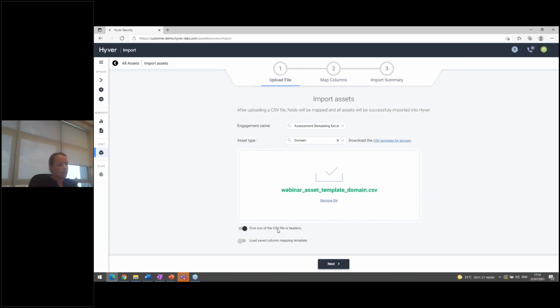Here, I need to say whether the first line refers to the header or the first line is an asset. In one second, I will show you that we can also save the mapping. If you're about to import assets from a single source over and over again, we don't want you to map the columns over and over again, and we will allow you to save a template and reuse it each time you import a specific